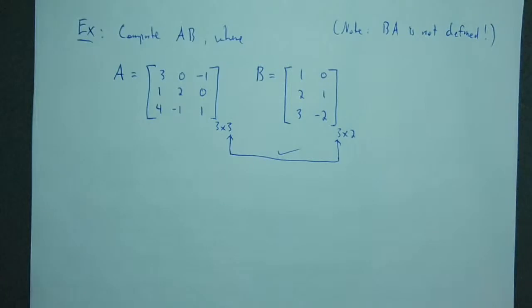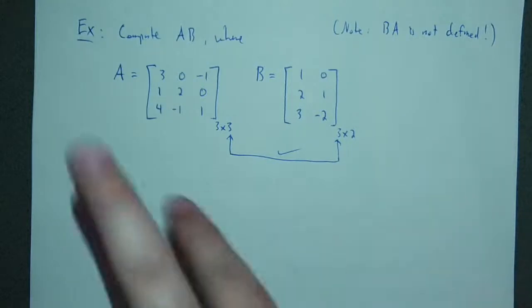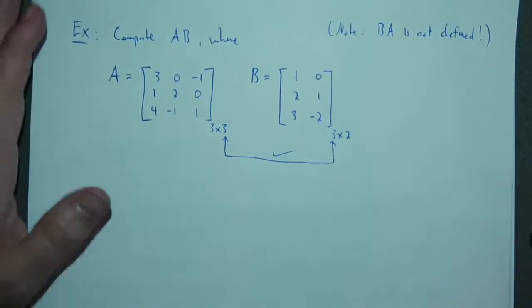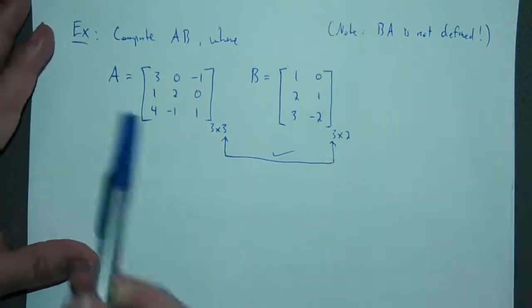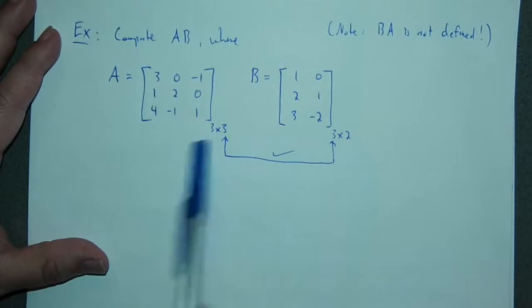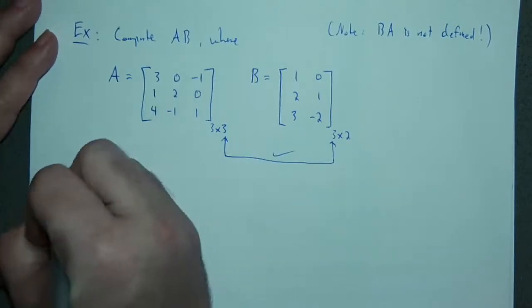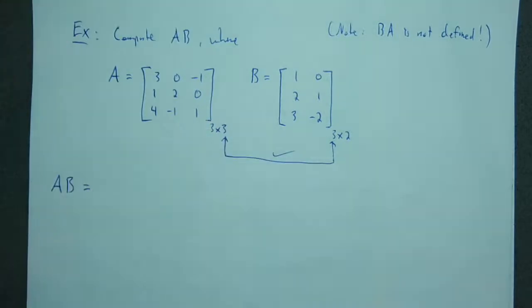So questions about whether A times B is equal to B times A, it's not, because B times A is not even defined. What if I came up with a product such that B times A was defined? Would they be equal then? No, not generally, right? So not generally. Okay, so B times A is not even defined because 2 doesn't match up with 3 once those would be on the inside. Okay, so now that I'm computing A times B here,